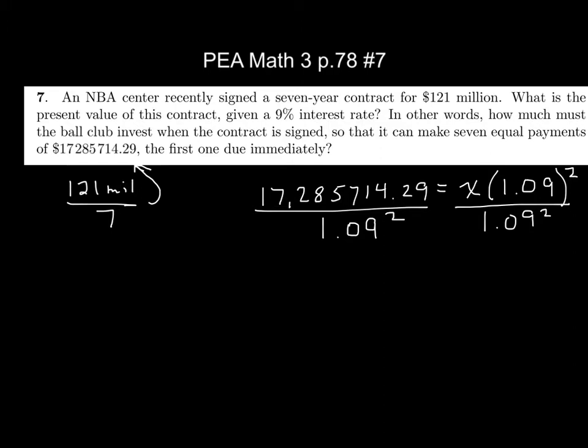So if I'm actually looking at my formula, and I'm going to stop using that big, huge number, I'm going to use 121 over 7 instead. I would have to take 121 over 7 and divide it by 1.09 for each additional year. So that'd be my first year. That'd be my very first payment, that much. My second payment